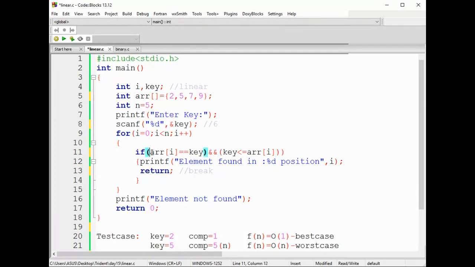Guys, just look into it and let me know, are you able to get what I'm trying to say? If this linear search is going to be applied to a sorted array, and the key value is given as 6, once you check with 5, it is not matching, that's fine. Then you check with 7. Just a minute guys.